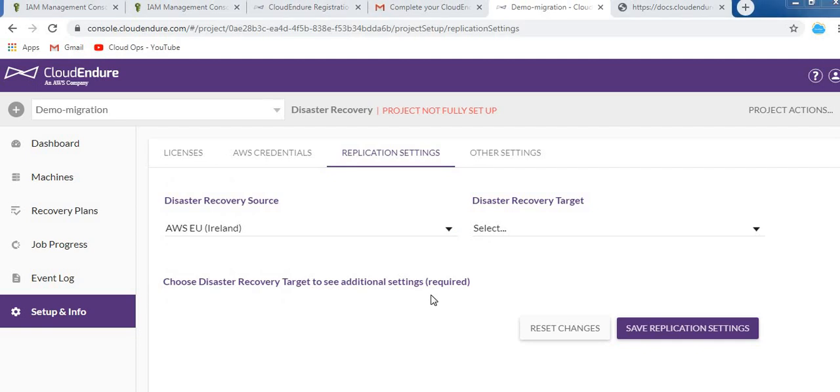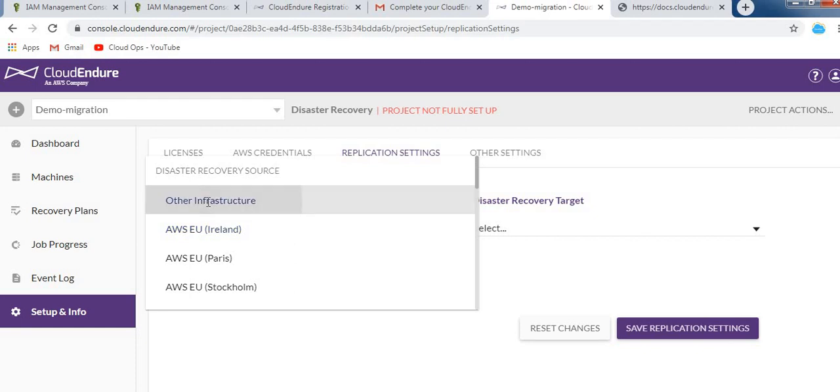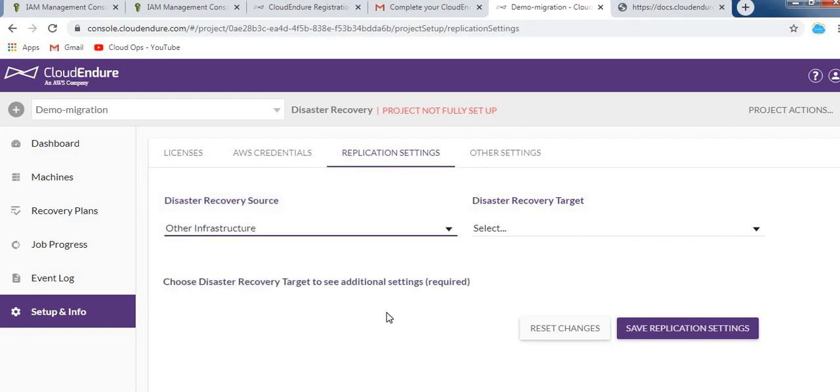If you select other infrastructures, that means you can migrate any non-cloud or any other cloud to AWS, but not AWS. If you are going to migrate AWS from one region to another region, then select AWS region. So for this demo, I'm going to do AWS.